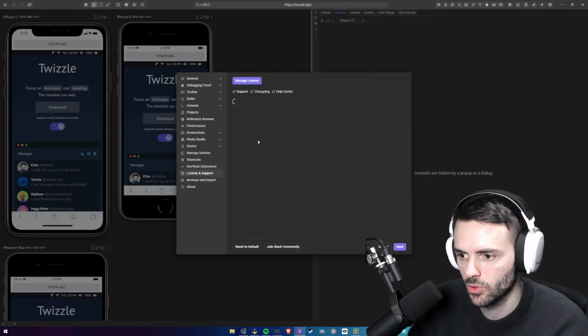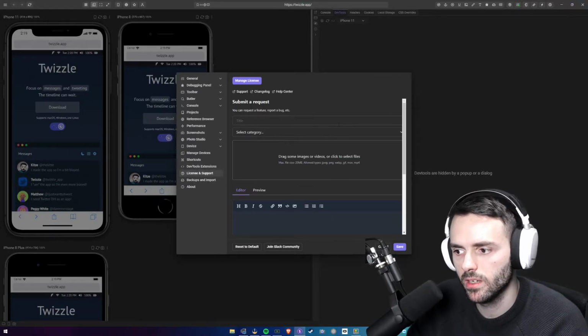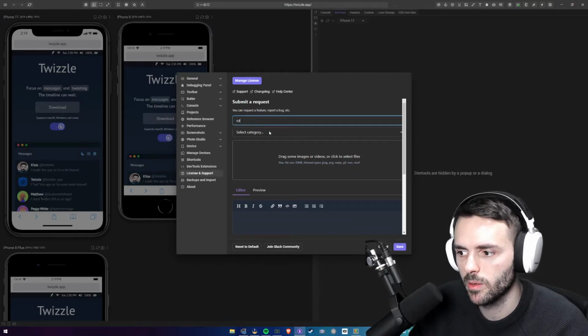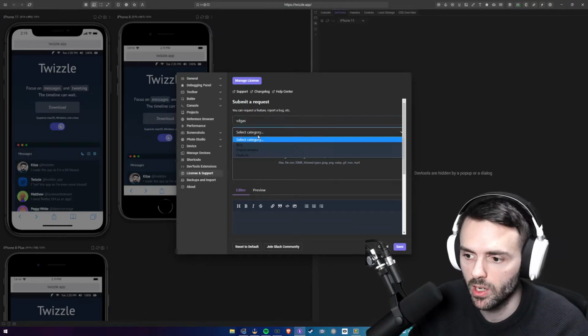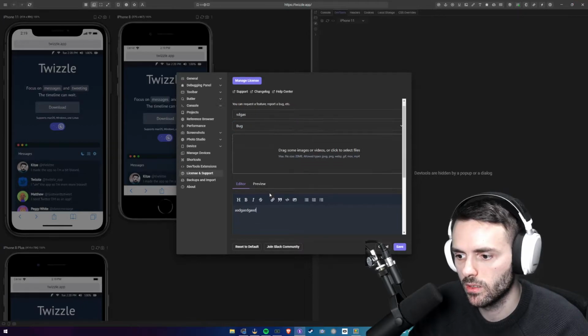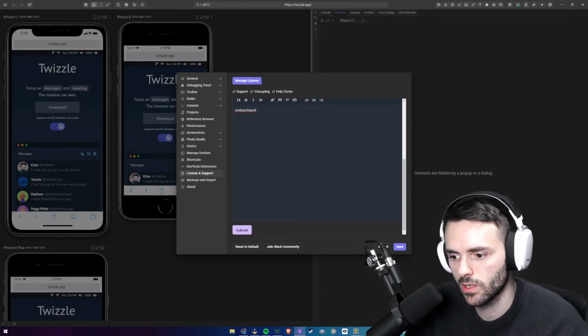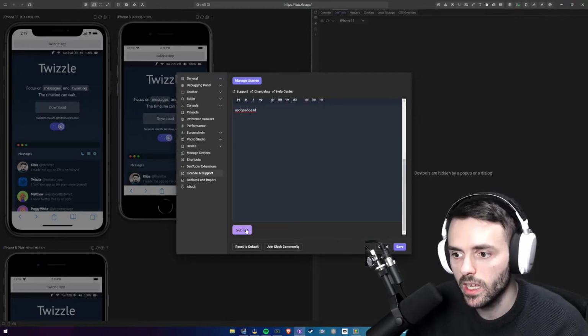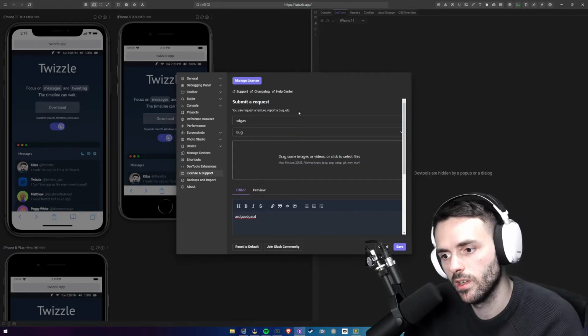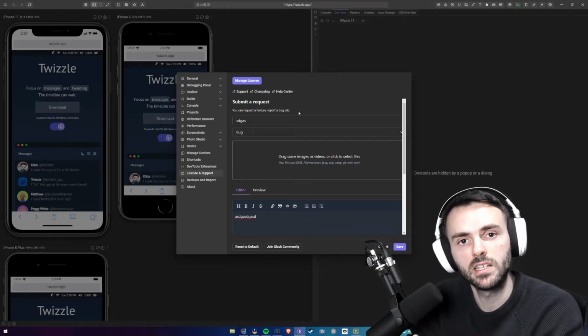Next up, we have license and support. Here, you can submit a bug directly from Sizzy. So you can type in the name, the title of your bug. You can choose the category. You can describe the bug in the editor. You can drag some images, videos, and so on and so forth. You can click submit. If you don't have an account on Fungazione, which is a service that I started building